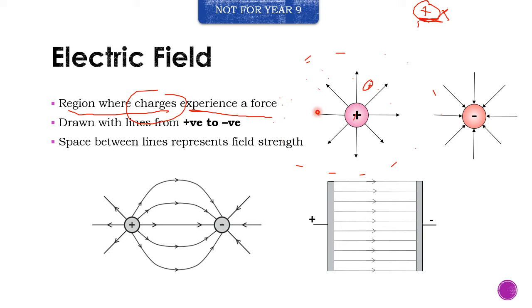Now here's the thing, how do we draw a field? We draw a field using straight lines coming out of a positive object, as you can see here, or straight lines going into a negative object. And that's because the direction of the field shows you the direction of the force acting on a positively charged particle. Again, the direction of the field shows you the direction of the force on a positively charged object